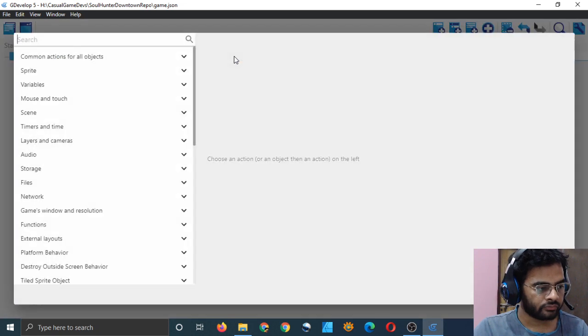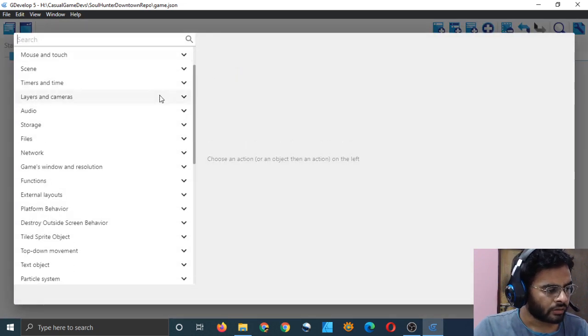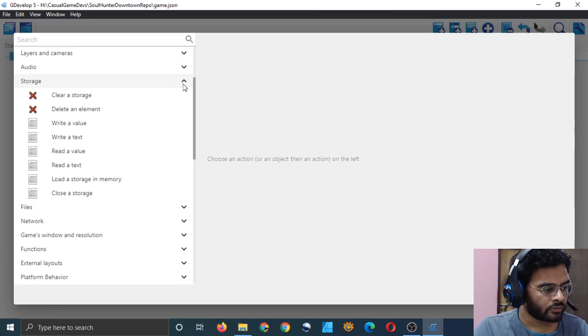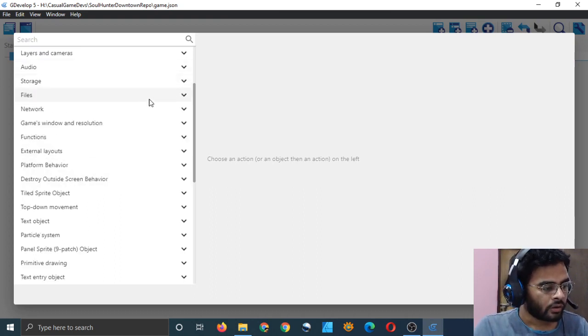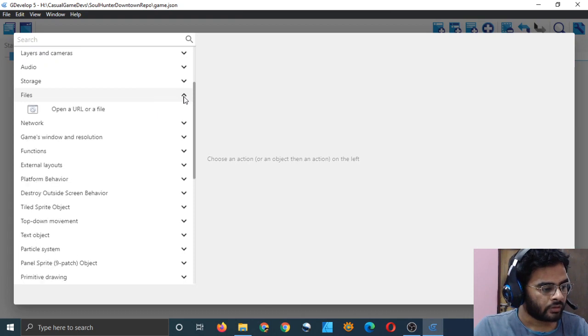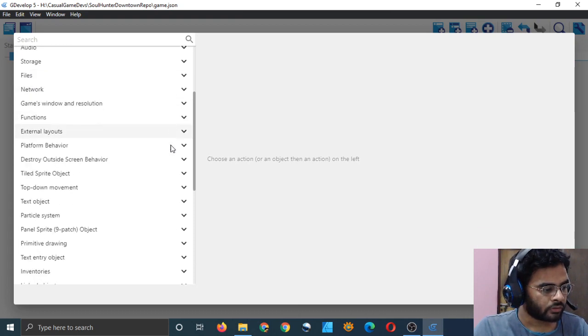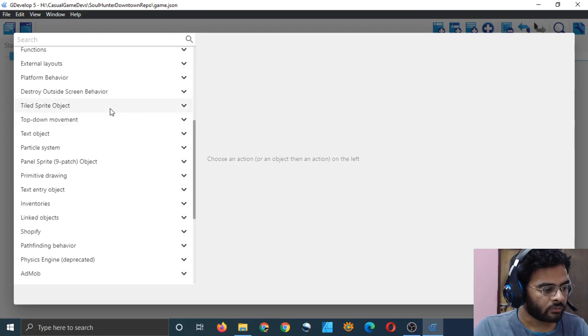Add an action, and I believe the saving function is in storage. Write a value, write a text, read a value, read a text. Okay, storage and files. Open a URL or file. Network. I think that was the one.